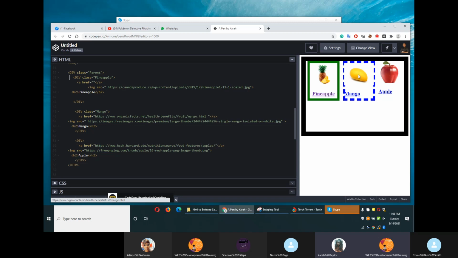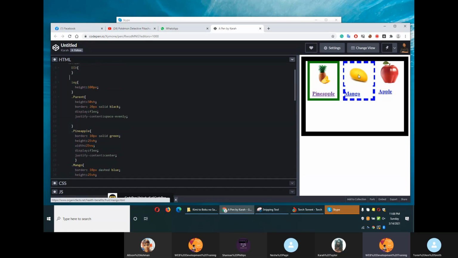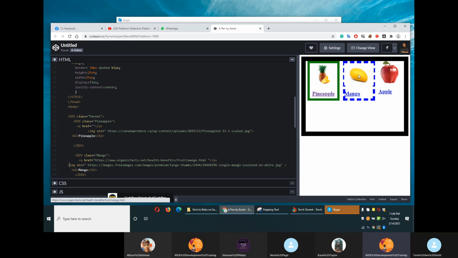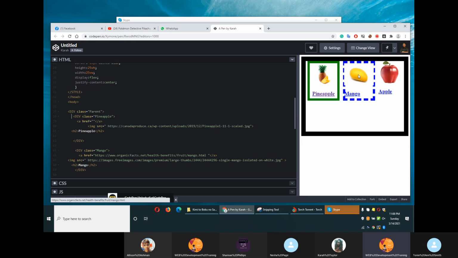Then you see this thing called pineapple up here. You don't know what all these border, height, VH and VW are. You don't know what this is. But you know there's something named pineapple, and you see that it's green. And when you go down here, you see something named pineapple in a class, and the word pineapple is there and then a div